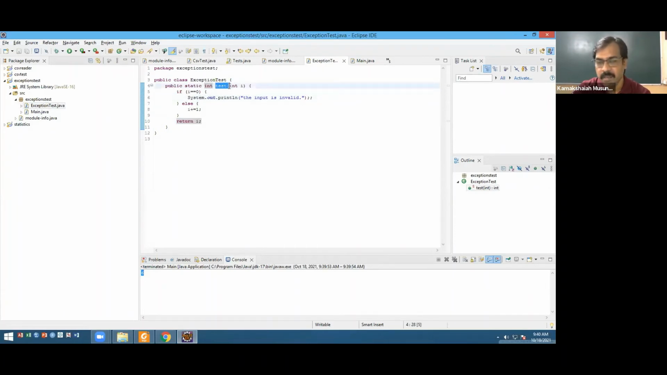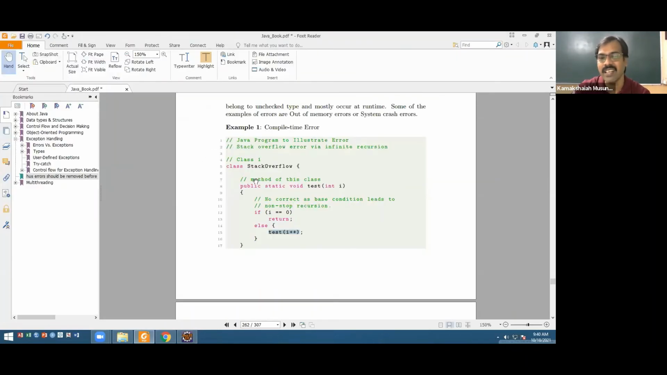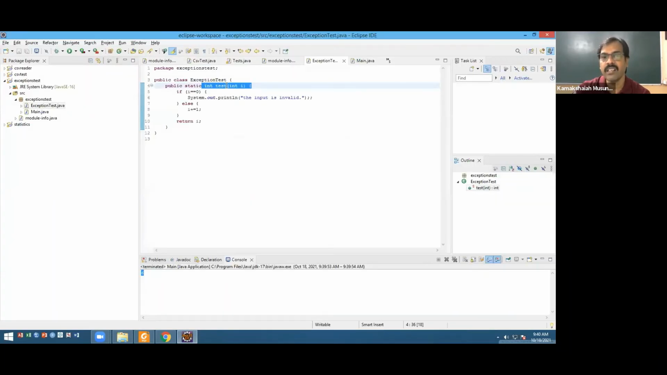I am writing a method called test and I'm using the same method inside the method. This is an error. This will throw an error called stack overflow error. And that is an example for the stack overflow error. So an error is something which is done by the user. A user mistake is an error. So what was the mistake? I use the